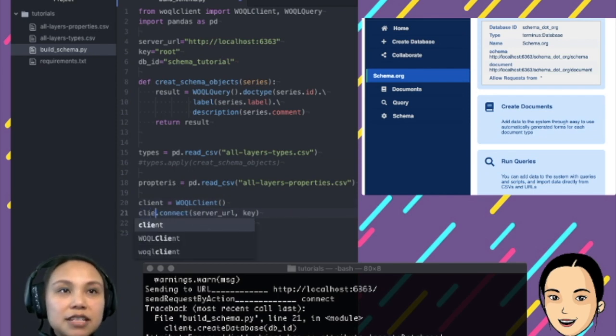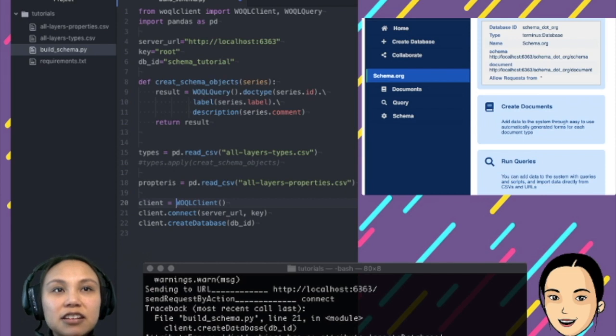I should really separate that, because otherwise connect will give back a dictionary and it got assigned to client, which is wrong. So we should do it properly. This call will initialize a client object, and then I just call the client object to do connect and create database. So let's try this again.